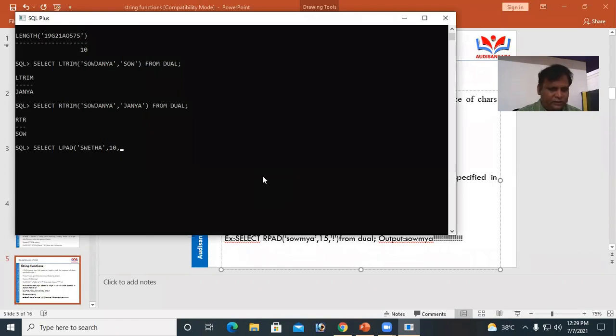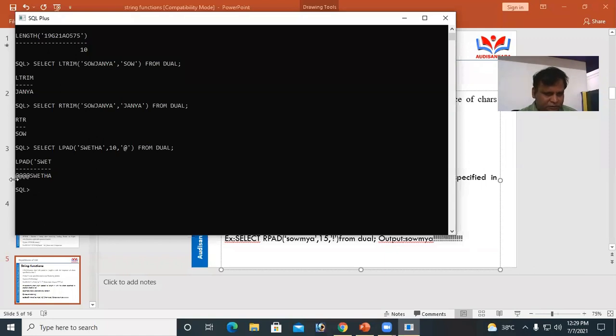We are adding additional characters, the hash or @ symbol. Here select LPAD of Sweta is the string. Total string length is 7. We are padding the left side with the @ symbol.